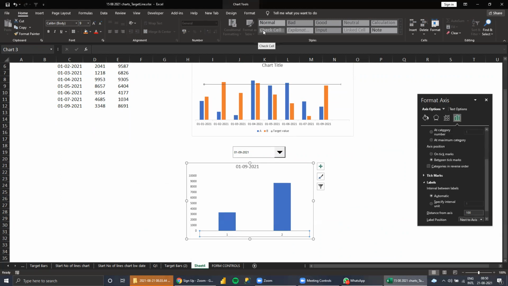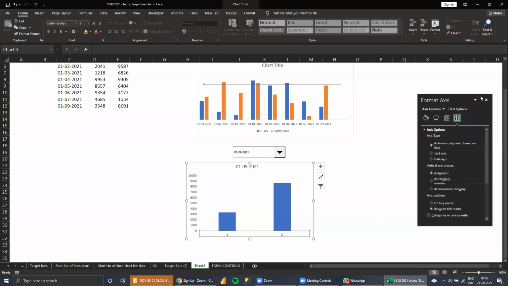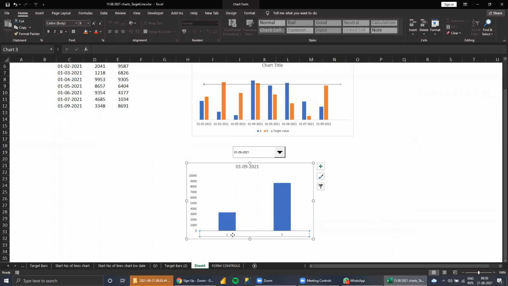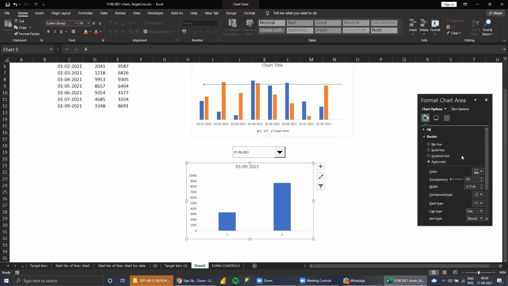So then it's kind of, okay. Now see this series names. What you can do here, right click. So we see this, right? Form controls, chart area.